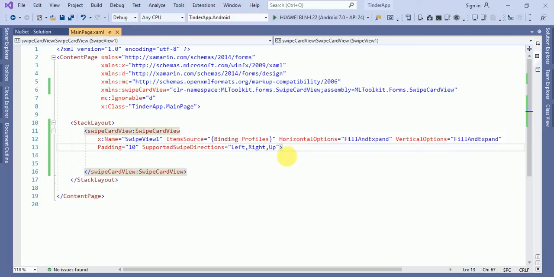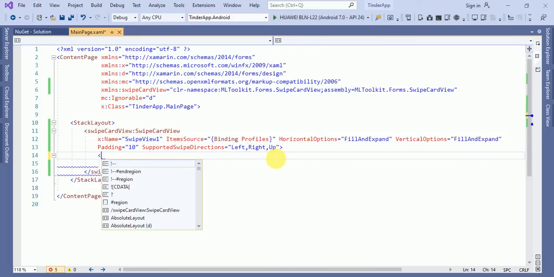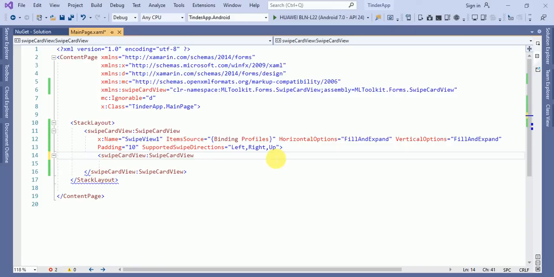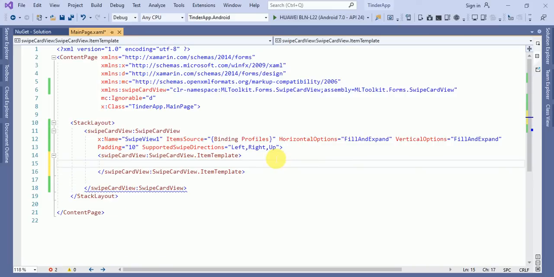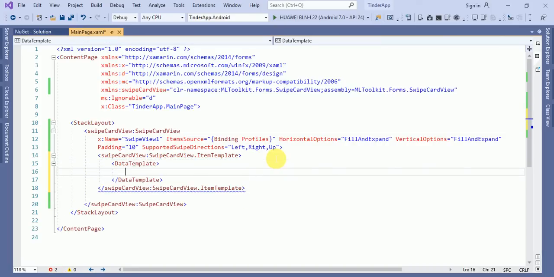Now inside this we will add an item template, SwipeCardView.ItemTemplate, and inside the item template we will add a DataTemplate.